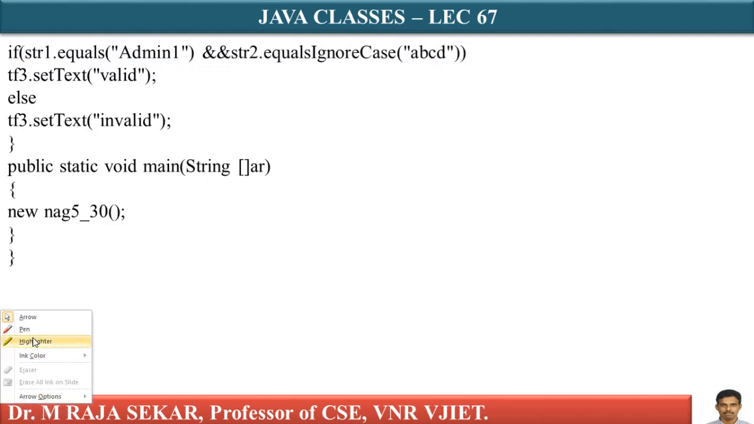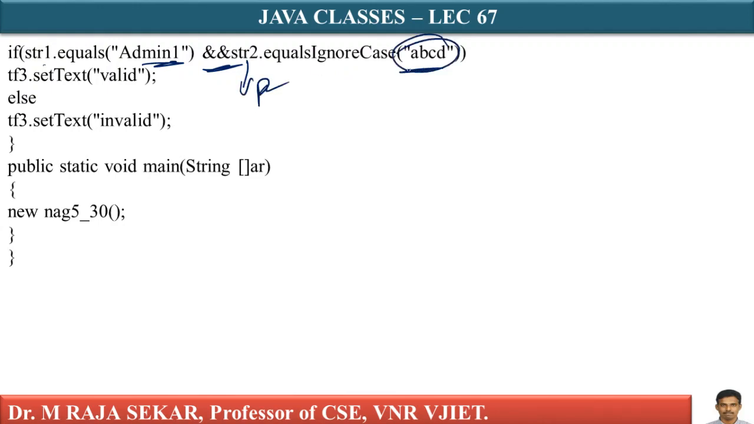Now I am checking. What am I checking? str1.equals admin1, which means my username str1 is equal to admin1, and logical AND, str2.equals, which is related to password. I am keeping the password as abcd. Means if your username is admin1 and your password is abcd,